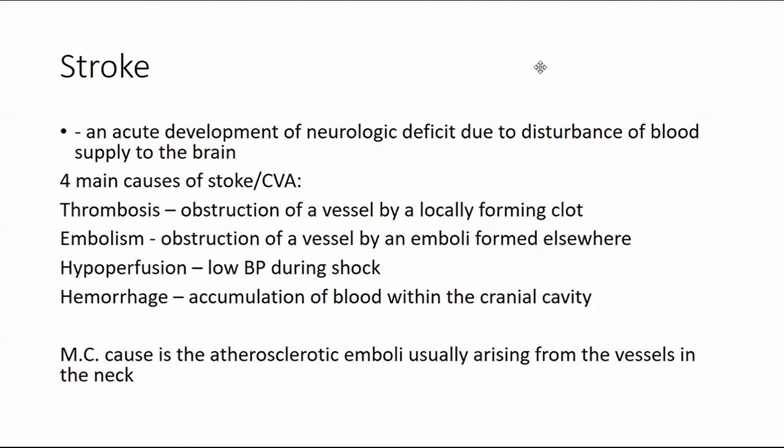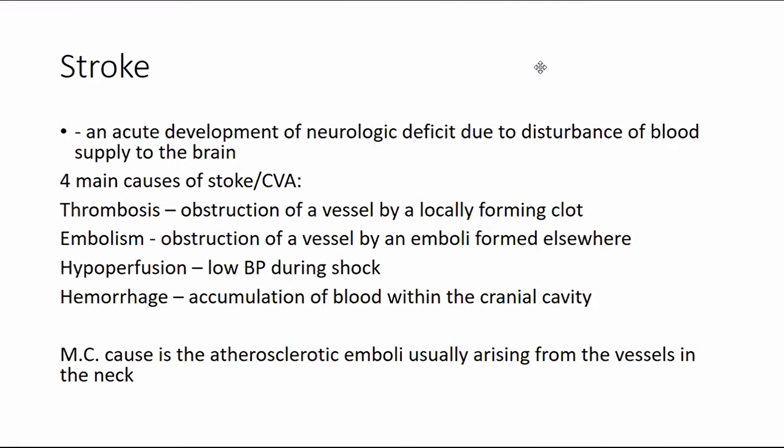I will just discuss two more common abnormalities or pathologies of the blood supply to the brain. First is a stroke. Next is the aneurysm. The stroke is a term for an acute development of neurologic deficits due to disturbance of blood supply to the brain. Four main causes of stroke, or cerebrovascular accident, CVA, are the following: thrombosis due to